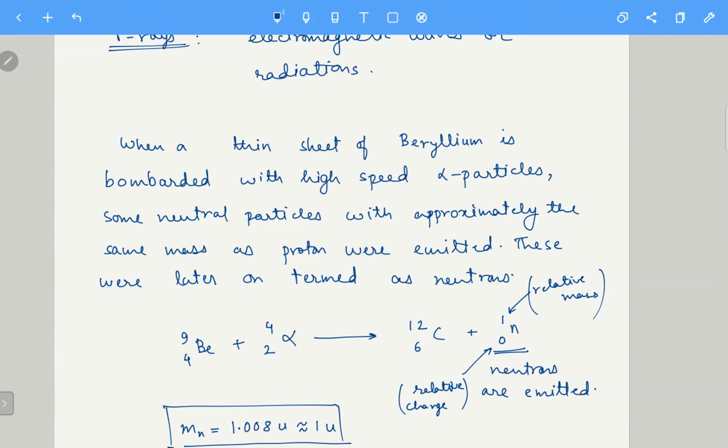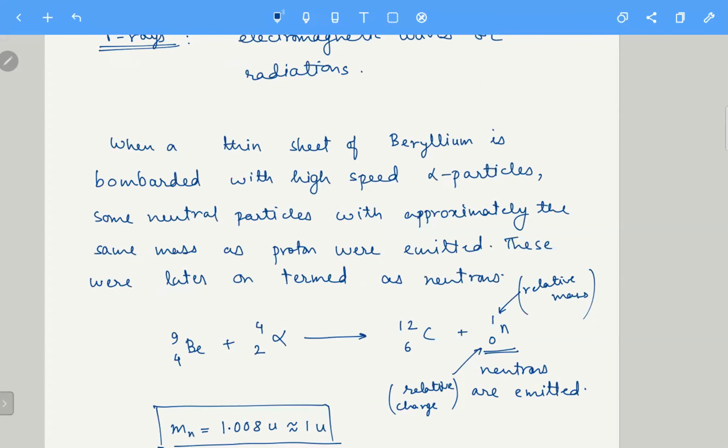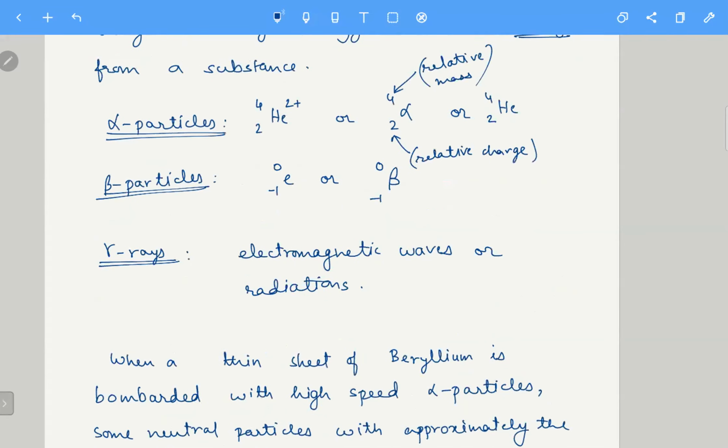Yes, sir. For an alpha particle, when we say that it's 4 2, so 4 is the relative mass. Its relative mass is 4, approximately 4 amu. And 2 is the relative charge. It's a positively charged particle having a +2 relative charge. +2 is equivalent to +2e or +2 into 1.6 into 10 raised to -19 coulomb. Theek hai. Page turn karun? 1 second, sir. Ek second.